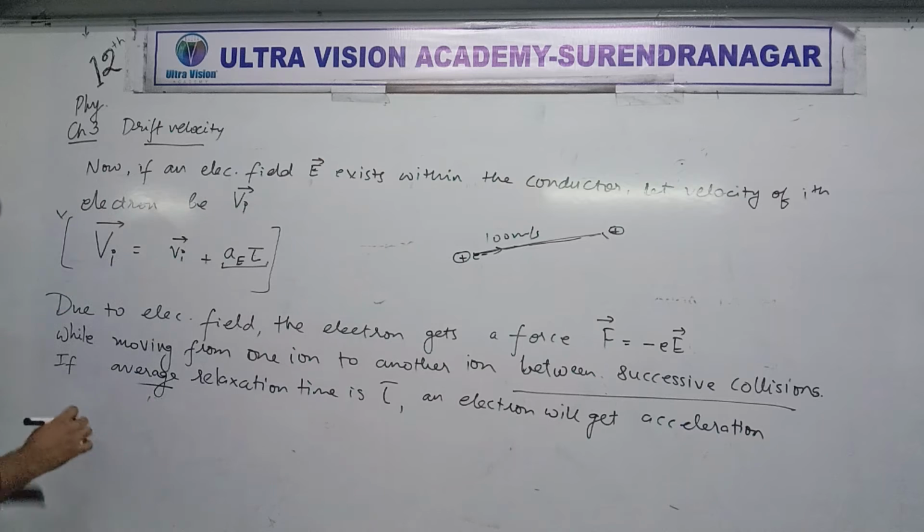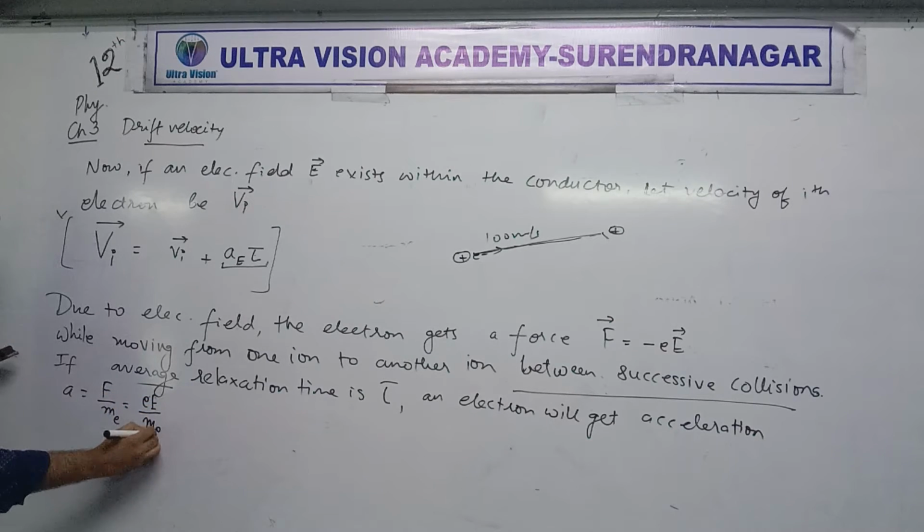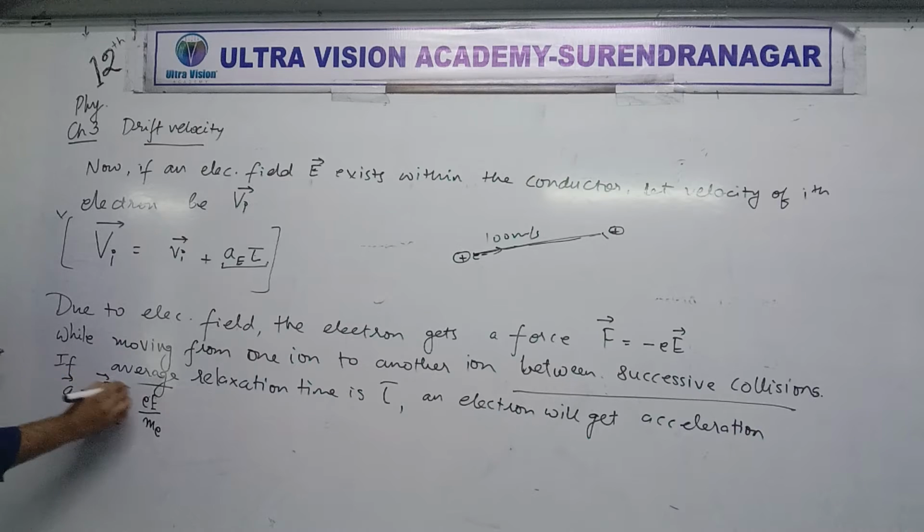How much is the acceleration? A is equal to F by m. E is what? Mass of electron. That would be equal to E into E upon m in magnitude. In vector form, we write it like this. Is that clear? The electron will get an acceleration A vector equal to minus E vector upon m